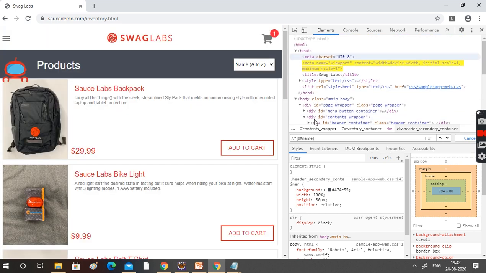Oh, only one name attribute, this is the one. There is no name attribute in this whole project level.